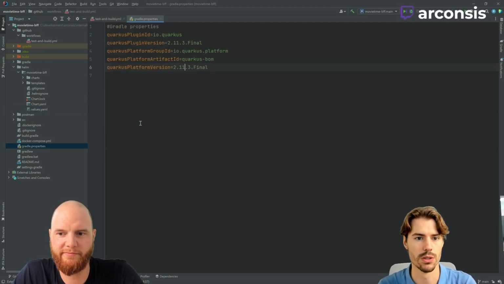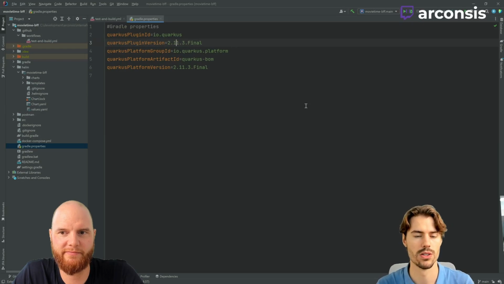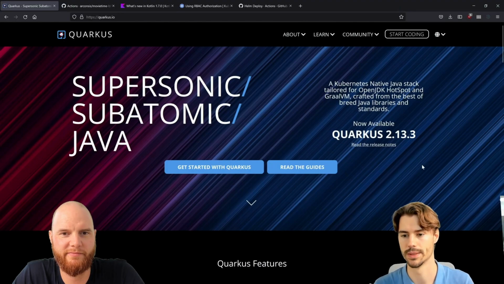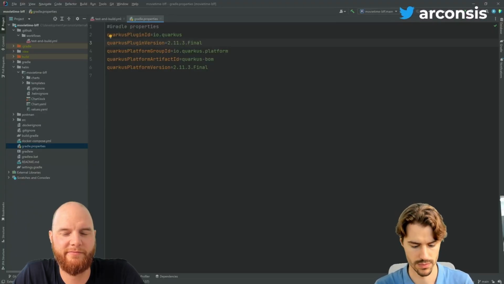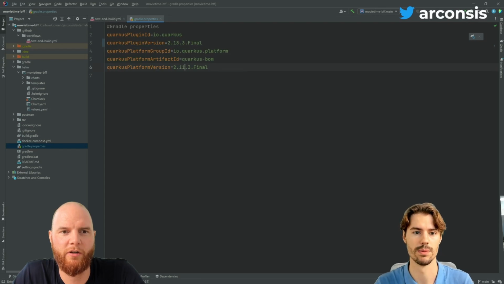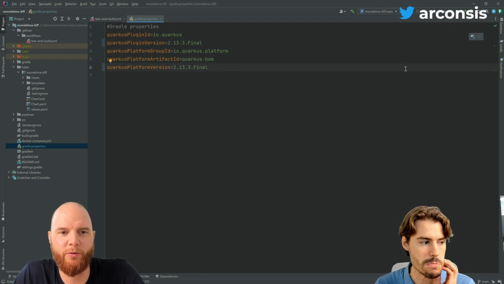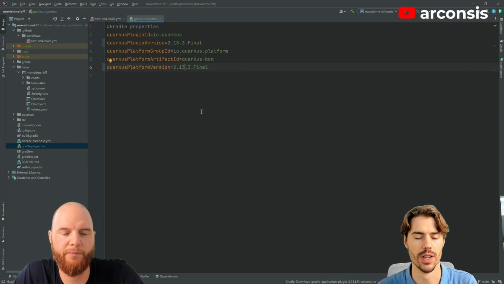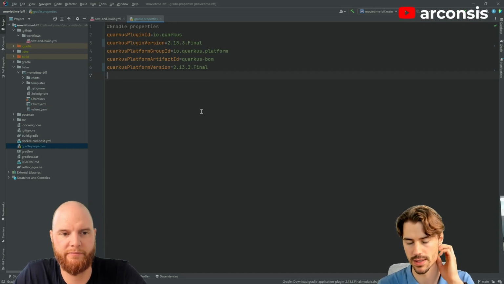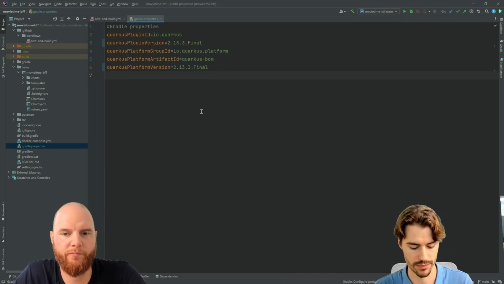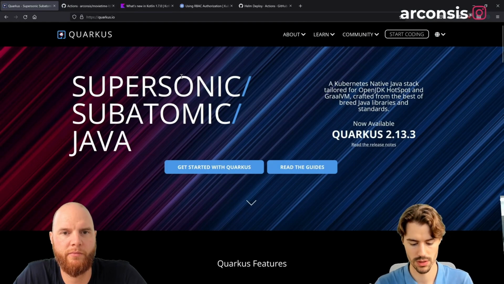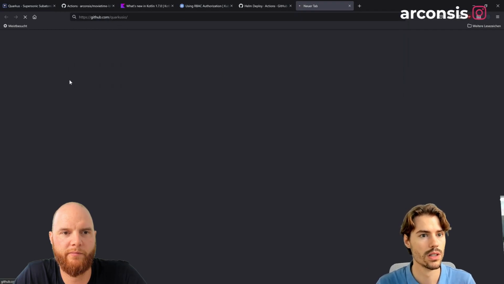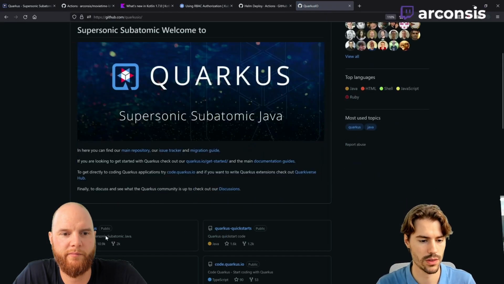So now we want to update Quarkus. We see we are on 2.11.3 and there's 2.13.3. Wow. I might have actually always typed 12 when I tested it. So this would be nothing major changing, but just additions, right? More or less. Additions, bug fixes. When you really want to know it, then you go to GitHub Quarkus,